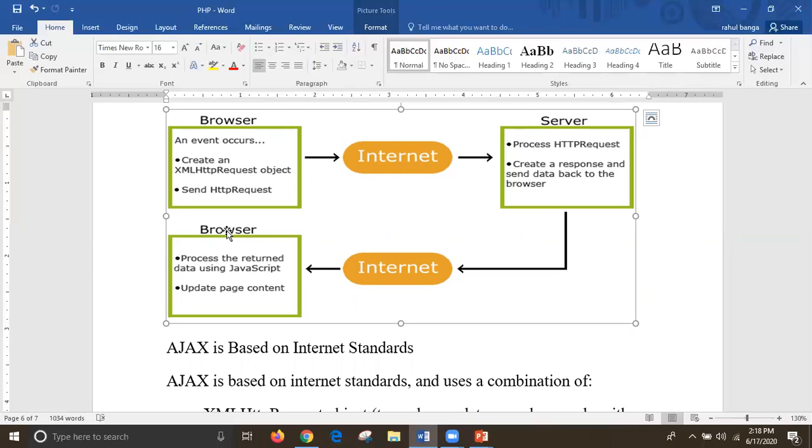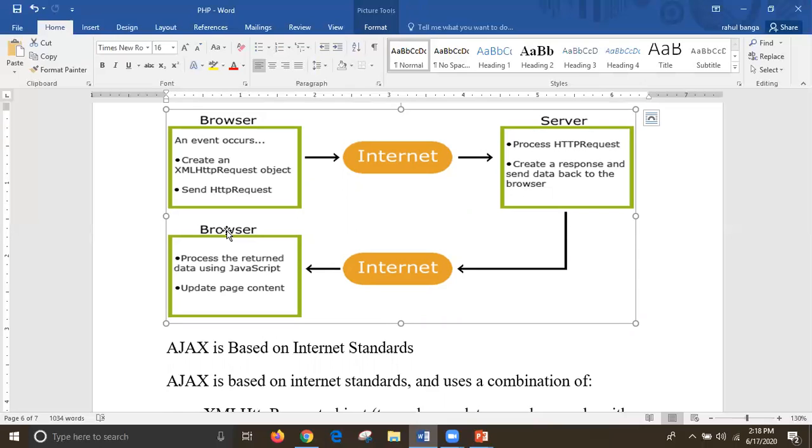Now the server end processes that particular request received via the internet, and the response is sent back to the browser over the internet. Once the response arrives, the browser processes the returned data using JS.